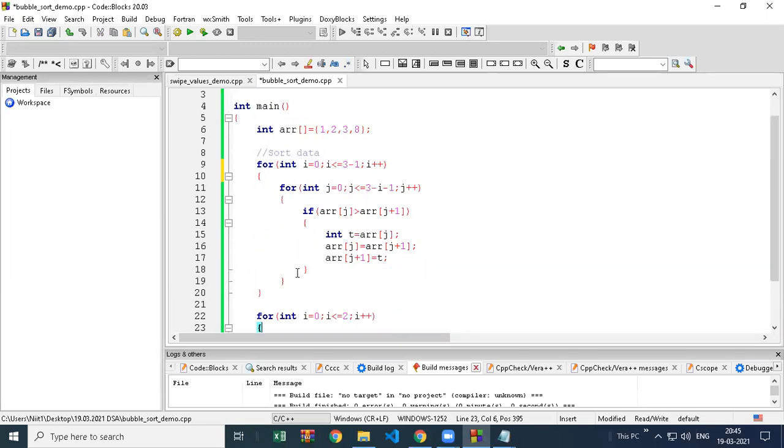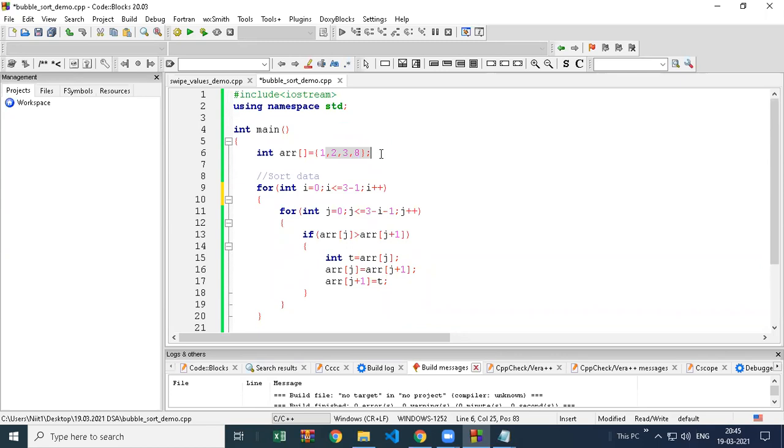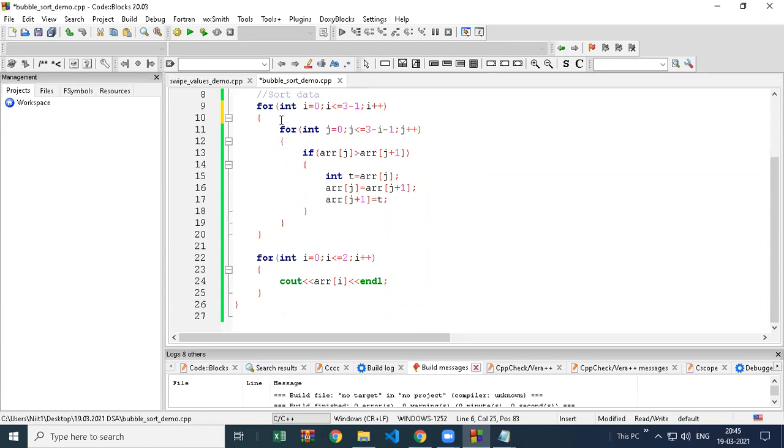And what is it going to display? This array, the sorted array. You can see the array is sorted. So this is how bubble sort is implemented with loops. The main loop starts, the inner loop repeats 4 times. Then again the main loop starts, the inner loop repeats 3 times. Again the main loop starts, 2 times, and then 1 time, and finally it stops. So the inner loop keeps repeating and decreasing with each pass.